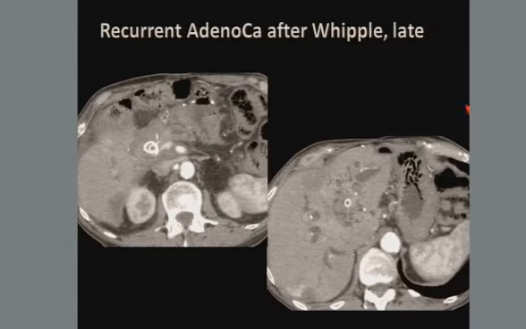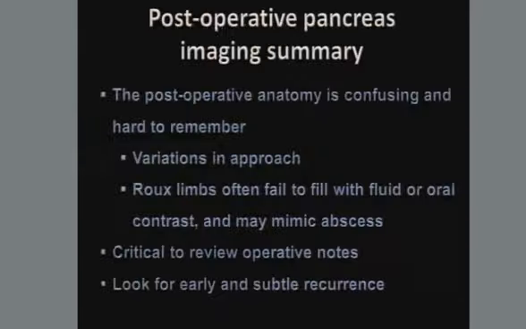gastrocolic ligament. Here's a patient with advanced metastatic disease following pancreatic surgery, huge tumor growing into the porta hepatis, a stent within a stent, biliary dilatation, probably a portal vein thrombus in there somewhere, end stage metastatic disease after a Whipple. So in summary, the post-operative anatomy in these patients is a little confusing, a little difficult to remember, and